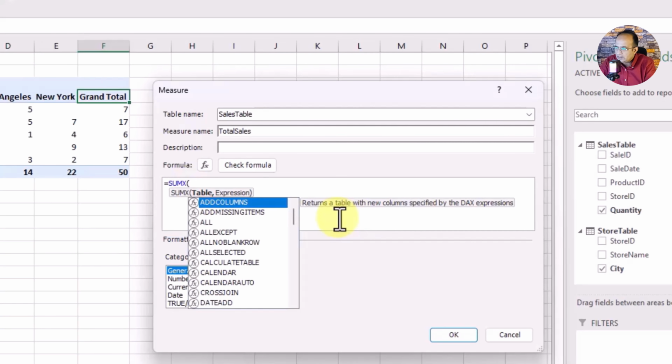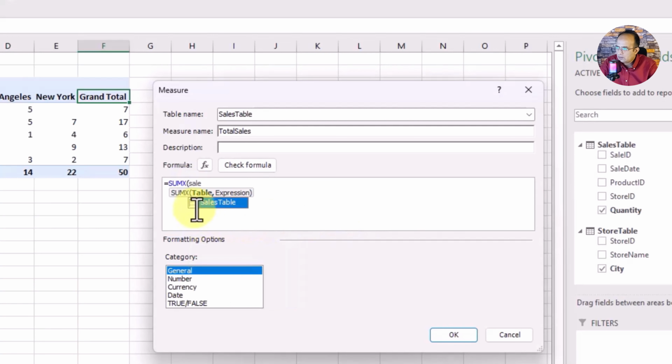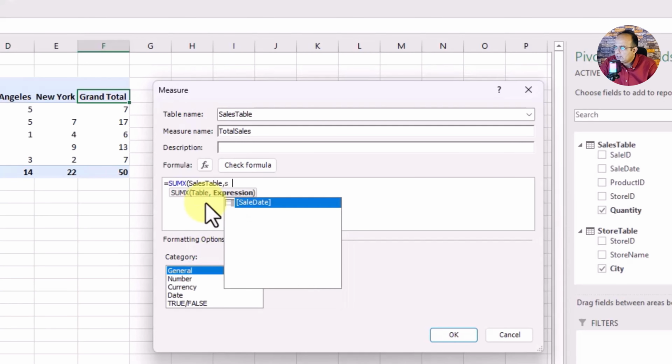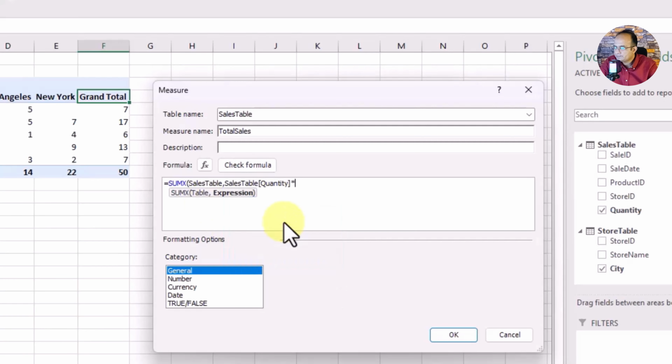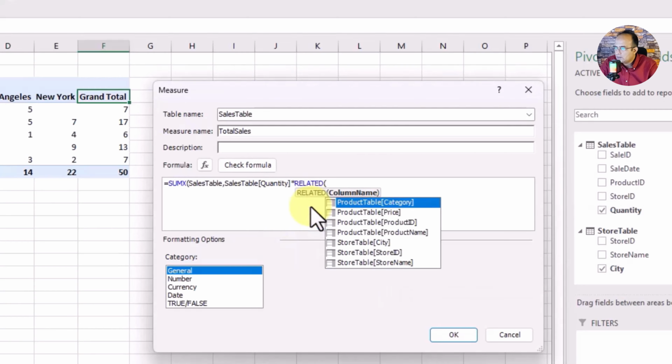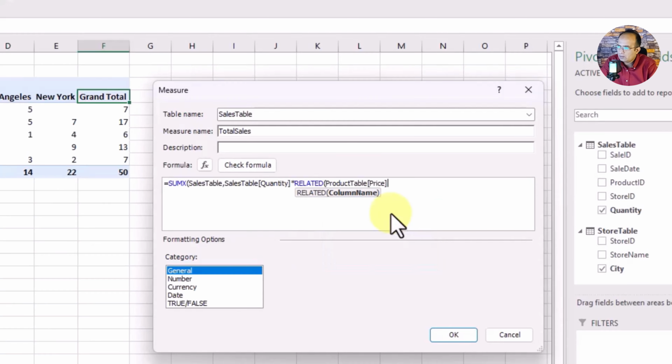We will take the sales table, comma, sales table quantity multiplied by product table price. Close the formula, press OK.